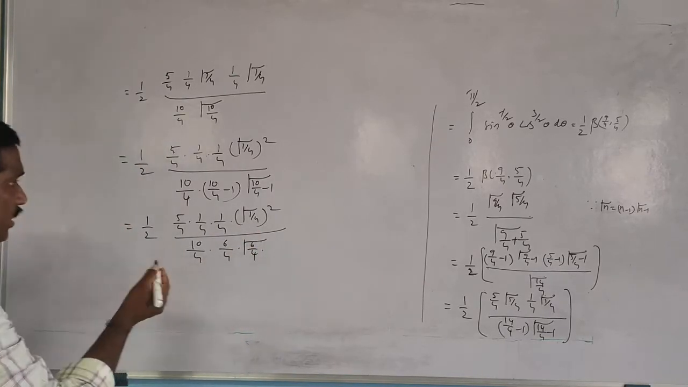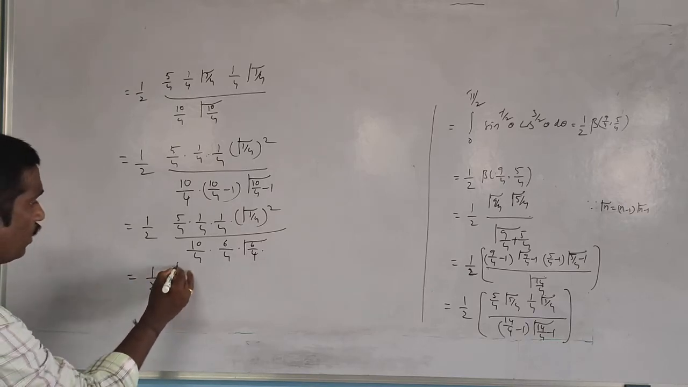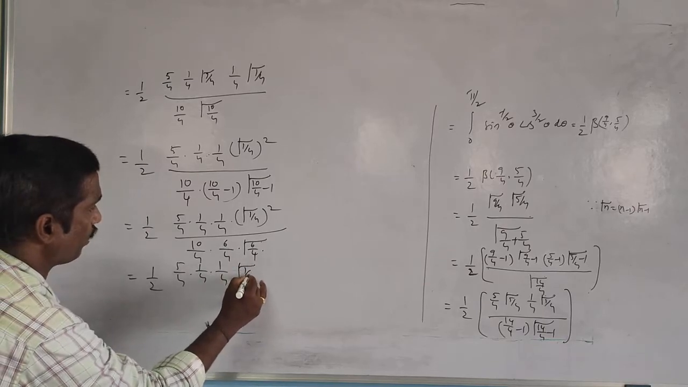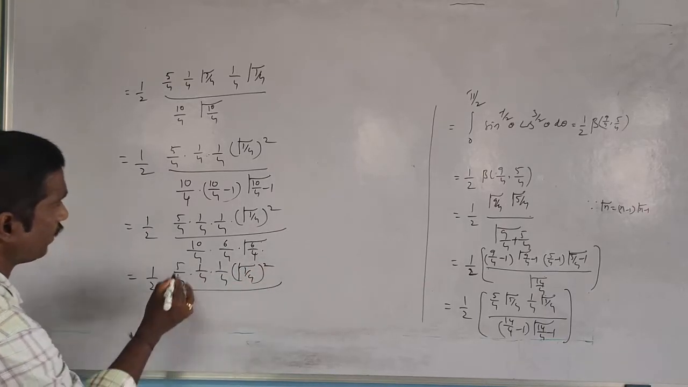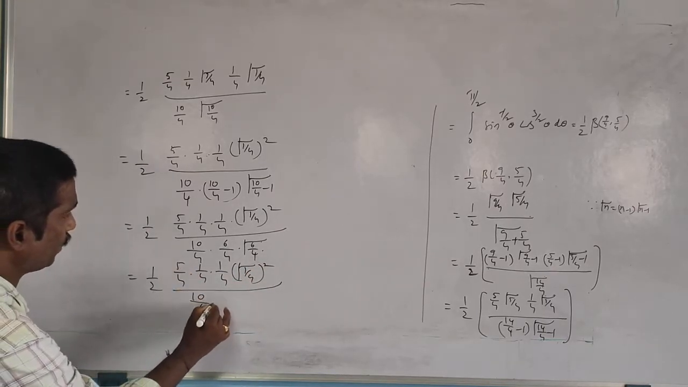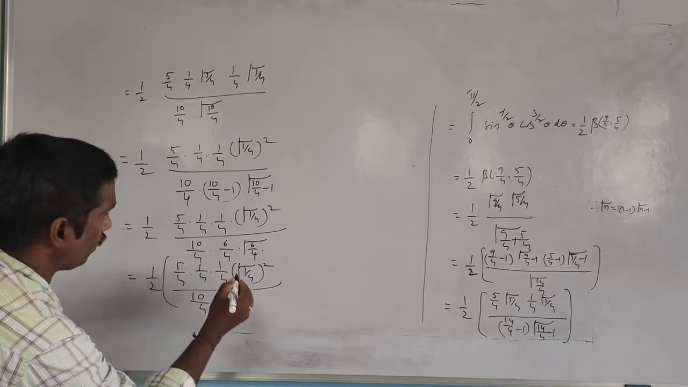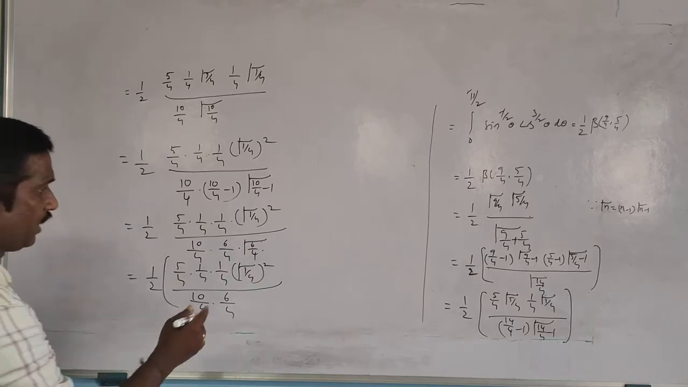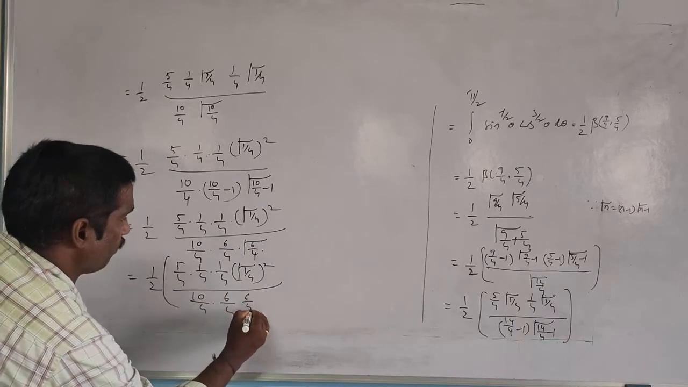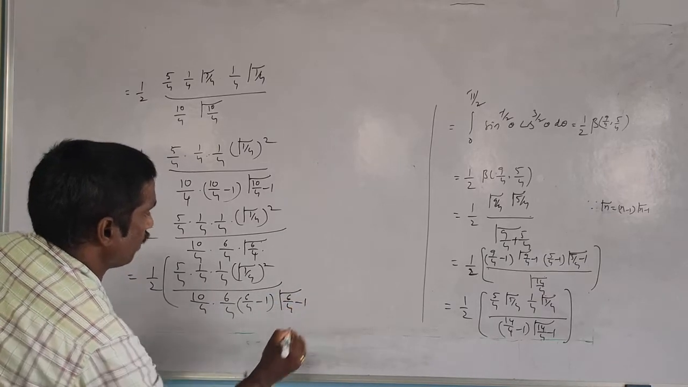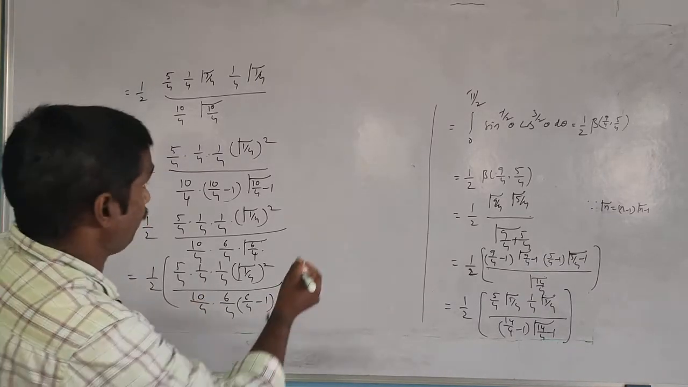So again we write this formula simply as 1/2 of 5/4 into 1/4 into 1/4 gamma of 1/4 whole square by 10/4 into 6/4 into, so gamma of 6/4 can be written simply as 6/4 minus 1 into gamma of 6/4 minus 1. That implies,